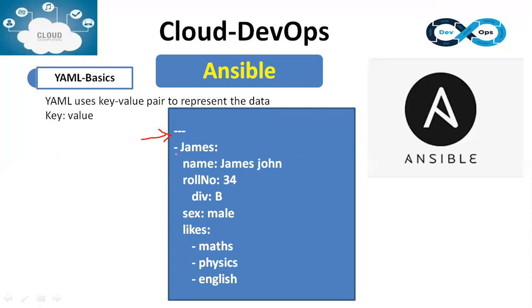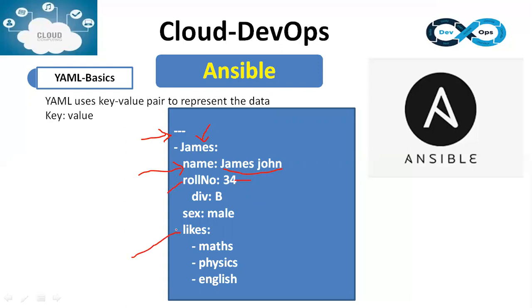After that, this one mentions hyphen gems. Here you can see any keyword before a colon represents a key, and all the data after that key becomes a value. Here name is a key, James John is a value, role is a key, 34 is a value,